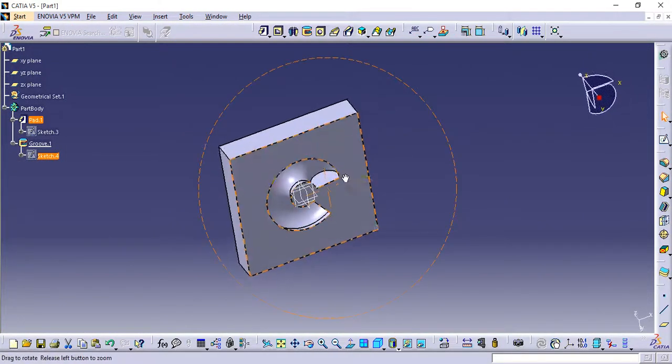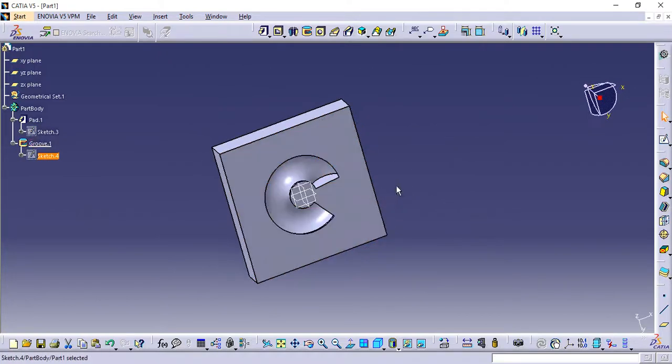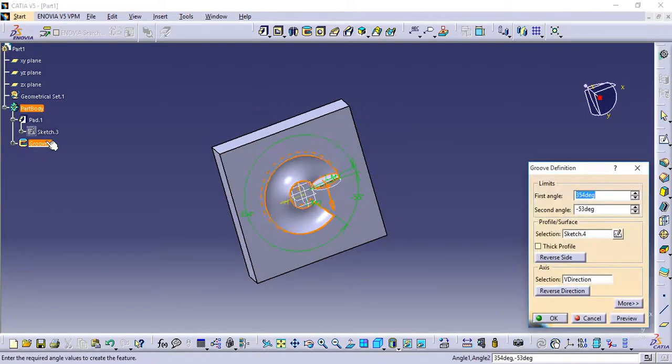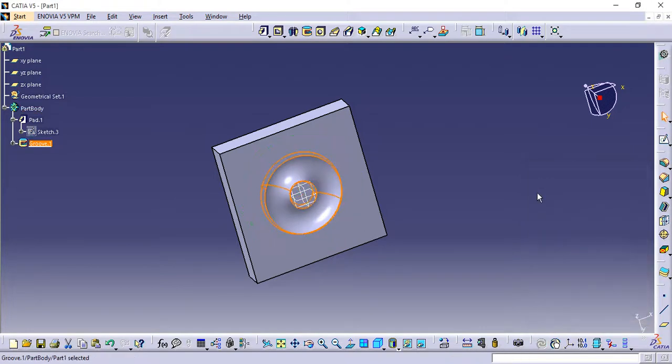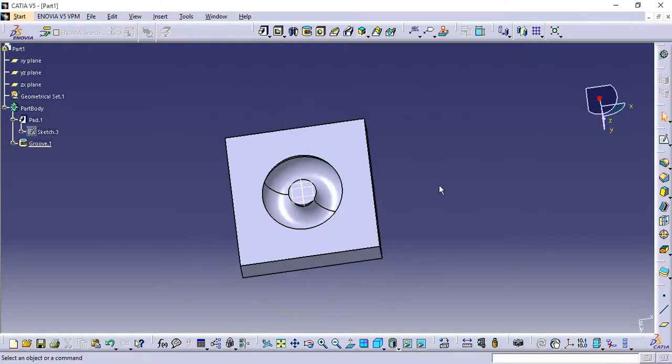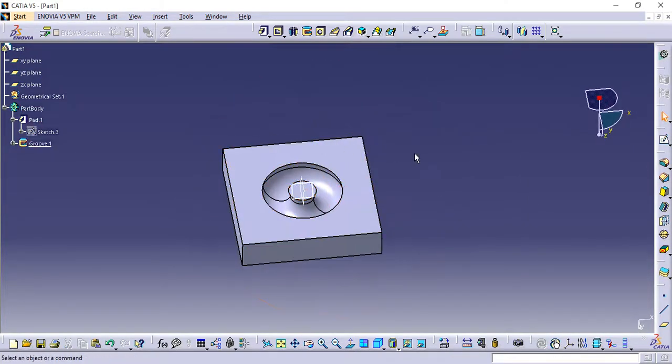Now see how it works. I'm making the second angle 0 and the first angle 360. Say OK. So in this way we can perform a groove.